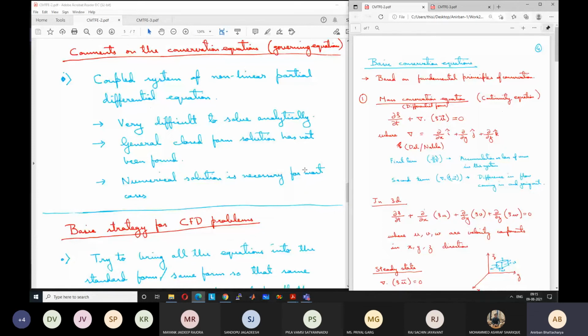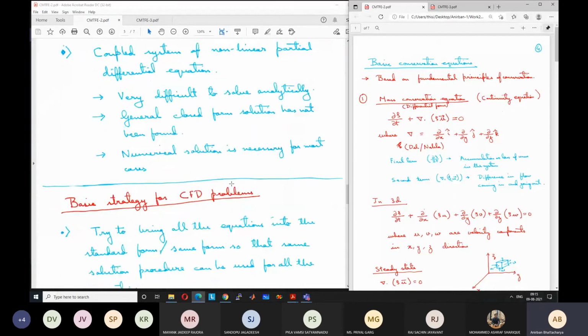For some easy cases, there are analytical solutions. For example, for heat transfer energy equation, for 1D and 2D heat transfer, there are analytical solutions. For the unsteady 1D case also there is an analytical solution. Then for flow also there are some quite complicated analytical solutions for boundary layer theories. Then for some simpler flows like flow in a pipe, Poiseuille flow, and flow between parallel plates, which is known as Couette flow, we do have analytical solutions because a lot of approximations can be done in those cases.